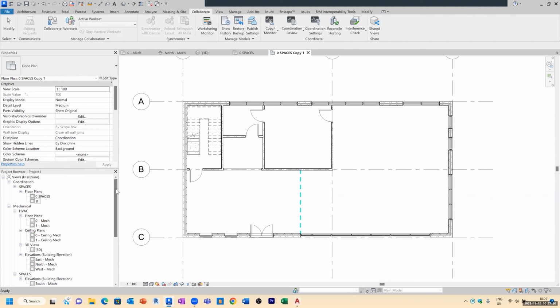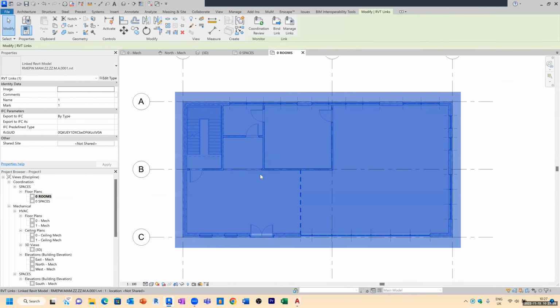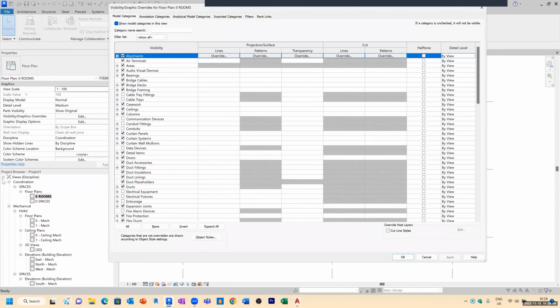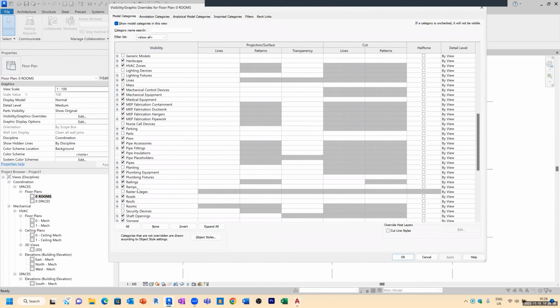The reason for this is your MEP spaces are based on either just the geometry, and then you would create your room names and numbers yourself, or you could actually feed off of the architectural model. So this is the collaboration part again, where you're feeding off data from another project team's model. In this case, we're going to be feeding off the rooms that are defined in the architectural model. So if I go into visibility graphics in my rooms floor plan, if I go down to rooms,